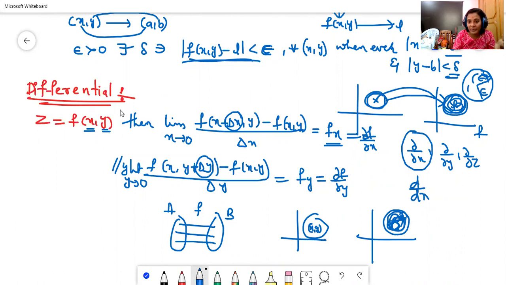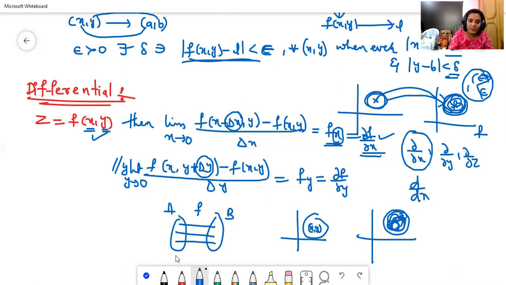The differential means we can take the difference in a particular variable if the function has more than one variable. It is denoted by dou by dou x of the function. We take the derivative with respect to whichever variable the difference is taken in. It is denoted either by suffix x, meaning differentiation with respect to that variable, or by dou f by dou x. Similarly, dou f by dou y. This is the general theoretical definition of limits and continuity.